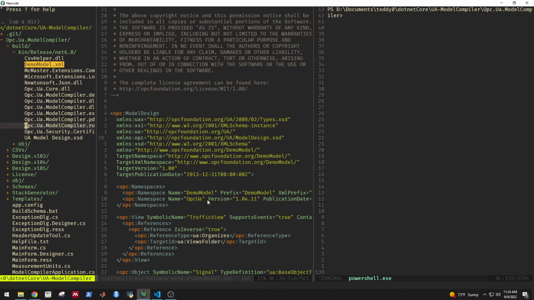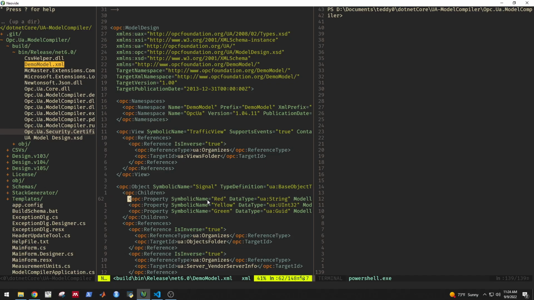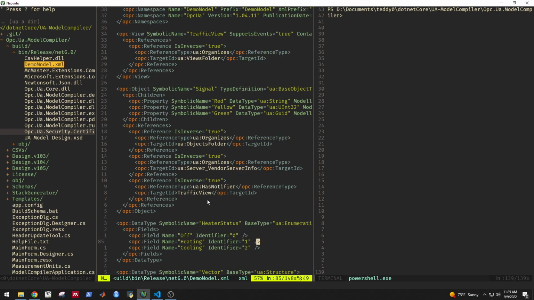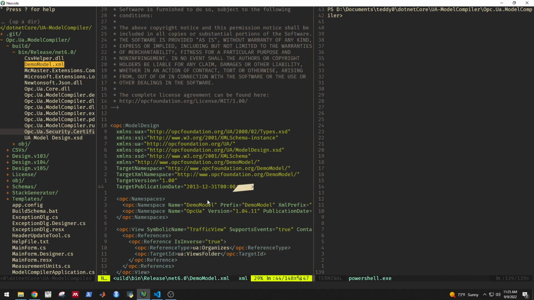Now, you also might be wondering, what are the properties or data types that are available? For example, here you have UA string. So you have string, you have double, but is there a proper standard OPCUA way to do it? Answer is yes. You have to look for this URL or URI or namespace called OPC Foundation/UA. Where do you find